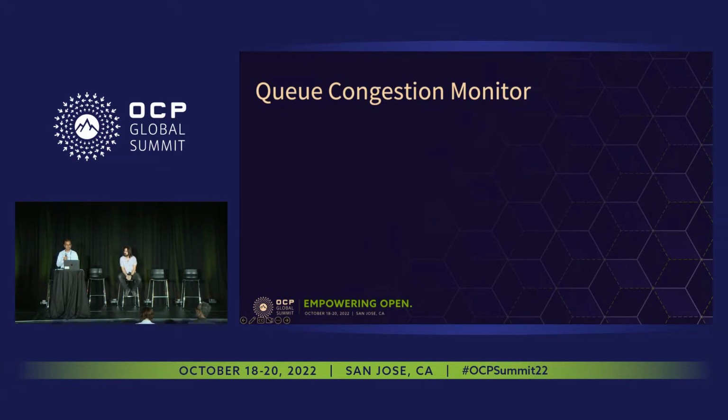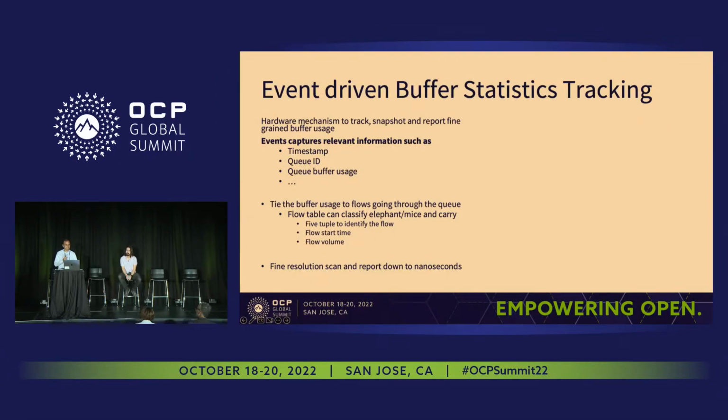So queue congestion monitor is the application, a feature that's done to address this measurement problem, which is how do we get to a microsecond level granularity. So queue congestion monitor is a collection of building blocks that are available in the modern switches, like Tomahawk switches and the class of products. The first one is a buffer statistics tracking,